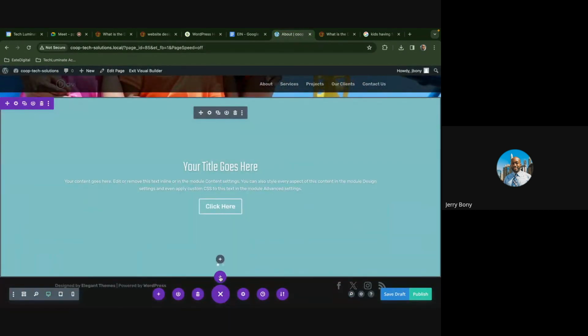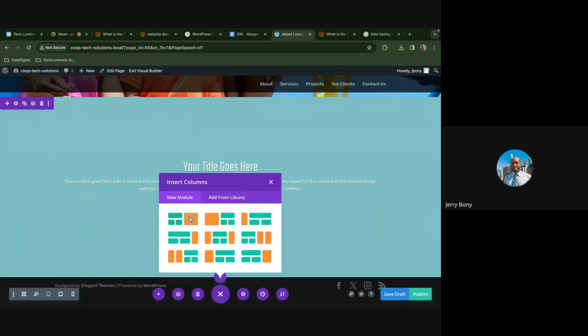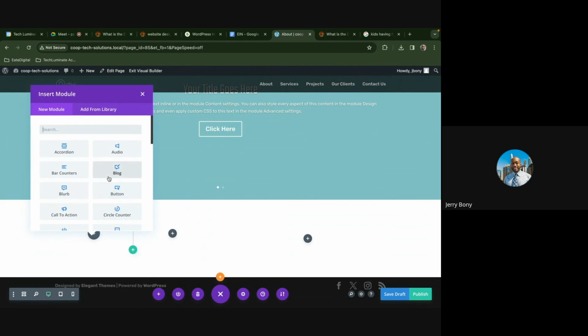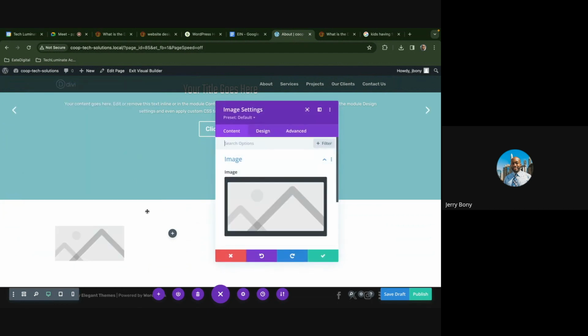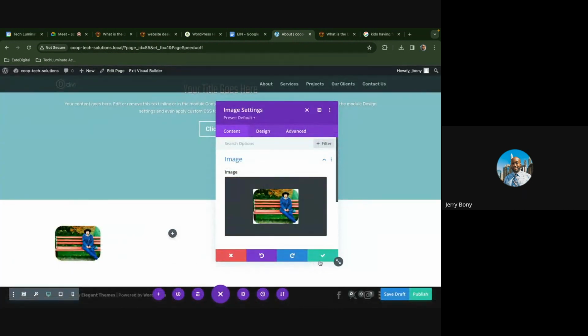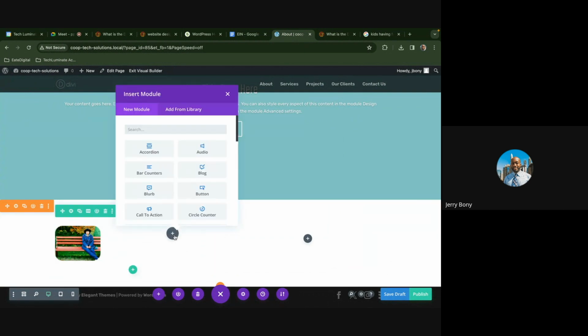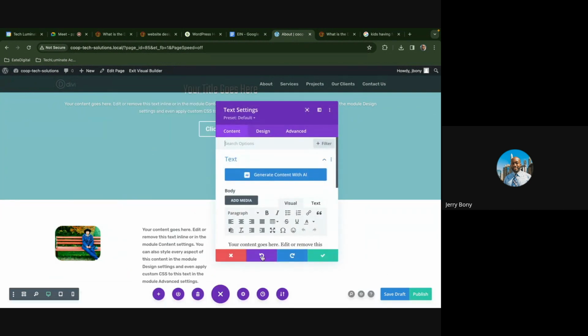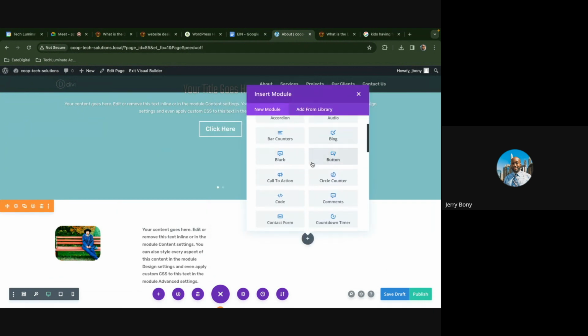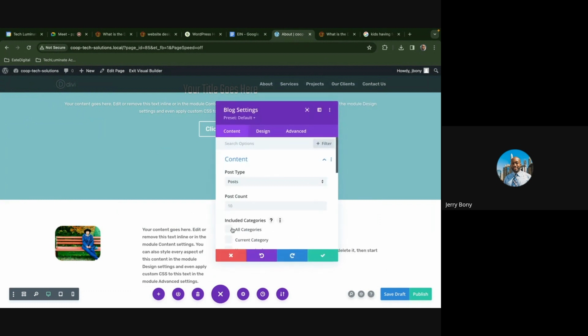So I'm gonna go right here and I'm gonna choose specialty. I'm gonna choose something like this, right? So within this row, I could choose a one column row, two column row, three columns, choose two columns, and I could add an image in one, right? I'm just gonna choose an image, nice in a park, and then I'm gonna add some text here, right? Just to demonstrate. And then over here, I could add some more modules, like a blog post or something, or all categories,